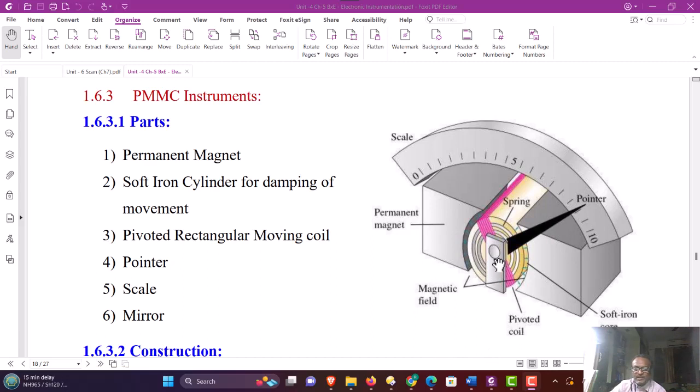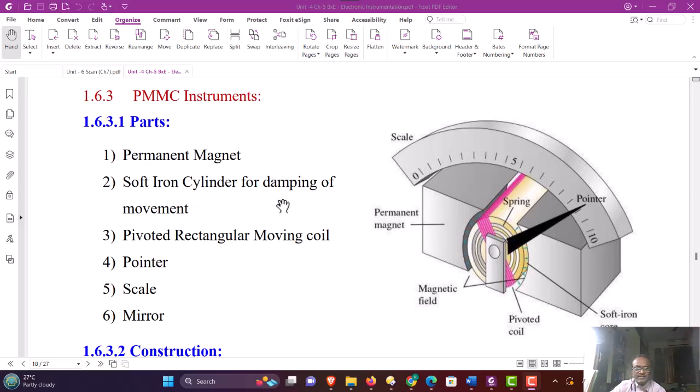This coil is a pivoted coil, and this coil is mechanically moving around the axis. The pointer is connected to this moving coil. That's why the name moving coil instrument. The pointer is pointing on a calibrated scale so that the deflection can be measured in terms of either voltage or current. Various parts of PMMC instruments as depicted in the figure are the permanent magnet,